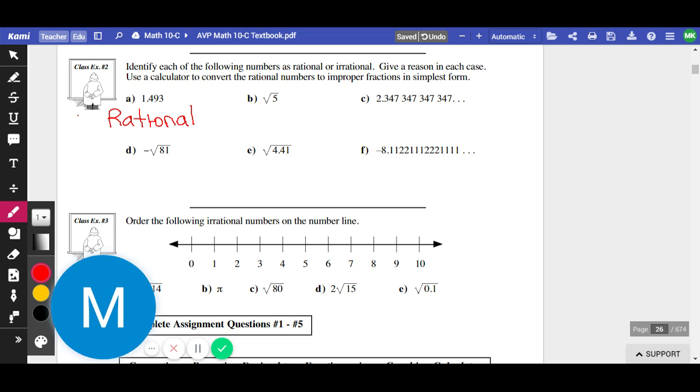The middle one, we have the square root of 5. I have no idea if the square root of 5 repeats. I have no idea if the square root of 5 goes forever. So I don't know if it's rational or irrational. So what I need to do is convert it into a decimal, right? And then I can figure it out. When I calculate the square root of 5, you get